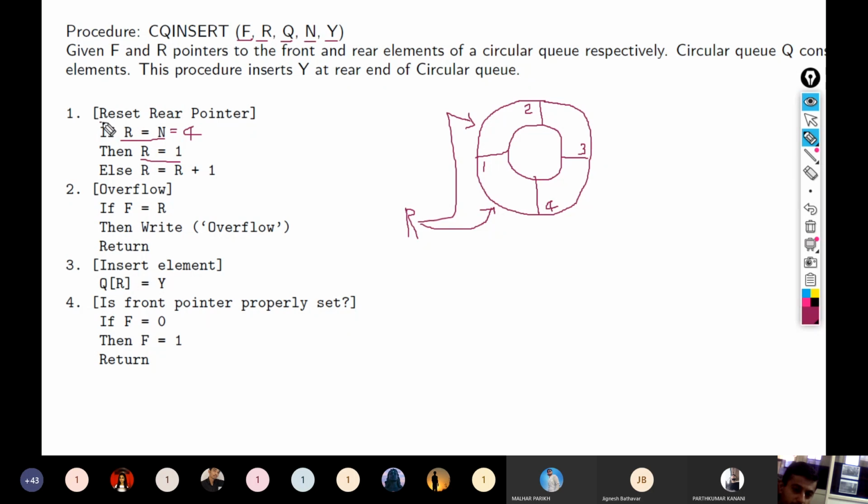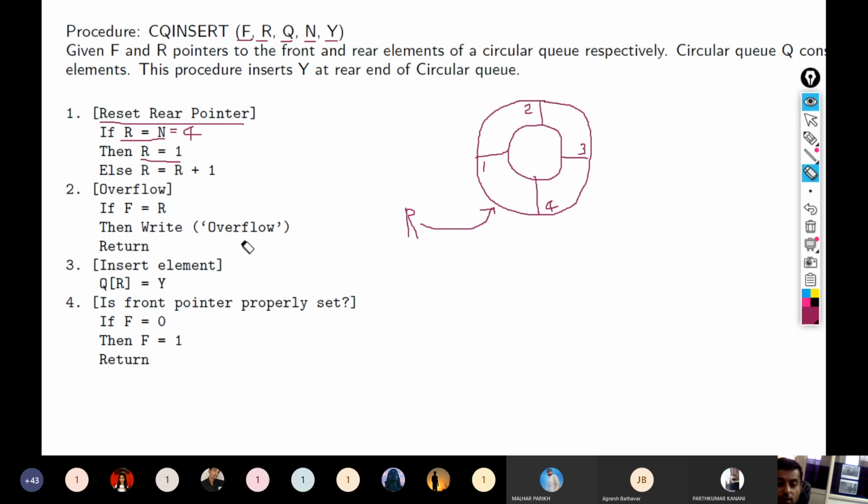So the first step is to reset the rear pointer, and after resetting the rear pointer you have to check whether there is an overflow condition or not, right? So for that you have to check if front equals R, that means overflow.